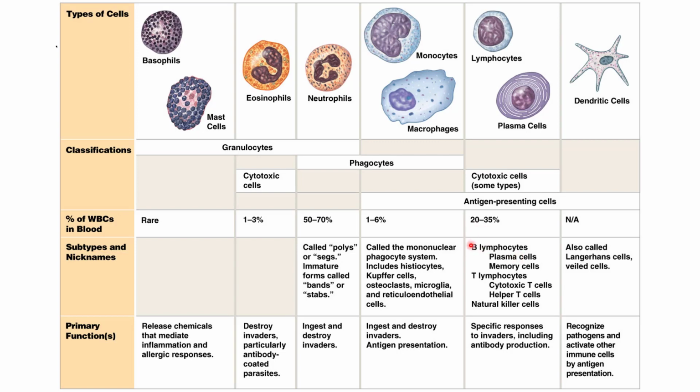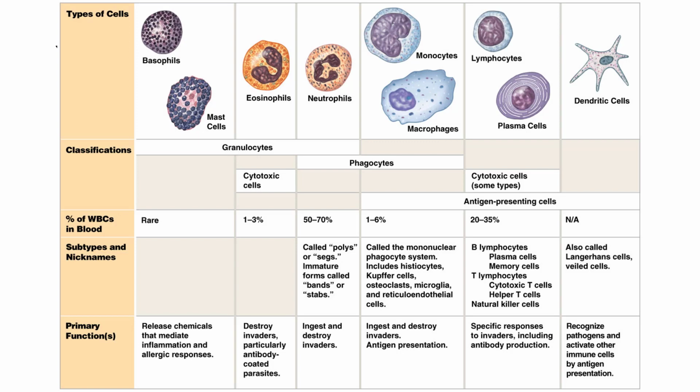And there's 3 classes of lymphocytes. We have our B lymphocytes, and that includes our plasma cells and memory cells. We have our T lymphocytes, so these are our T cells, cytotoxic, and our helper T cells. And then we have the third class, which is our natural killer cells. And lymphocytes play a couple of different roles, right? I said they're associated with the acquired immune response, but the